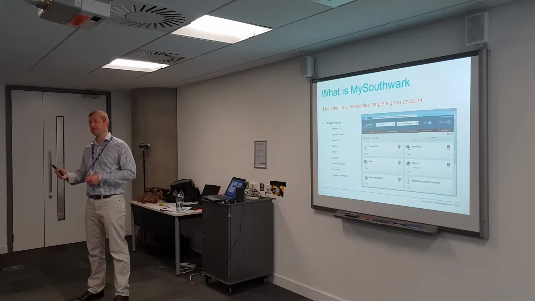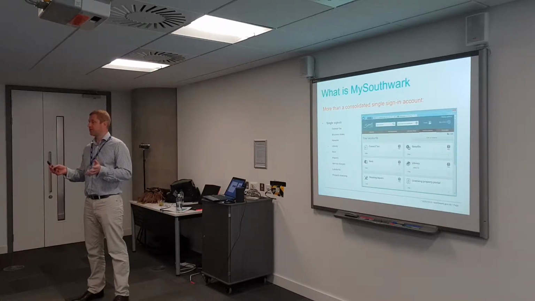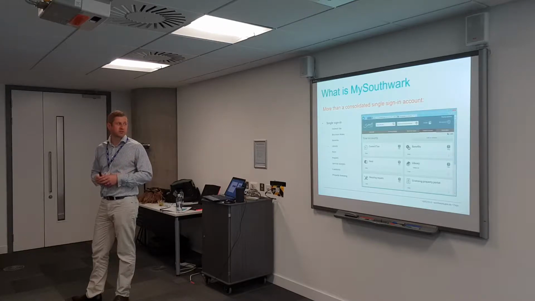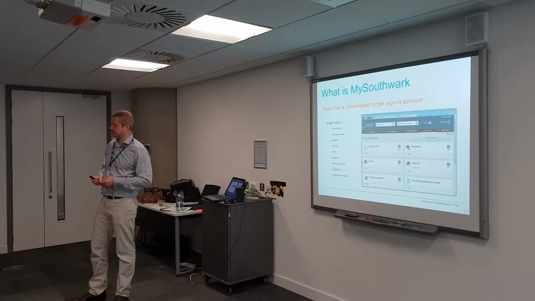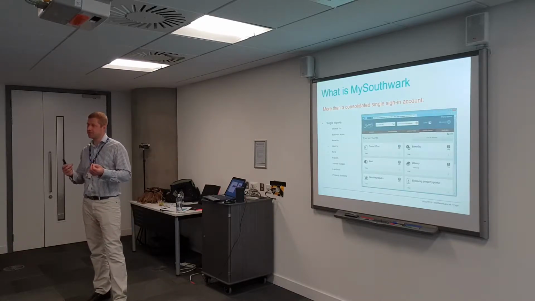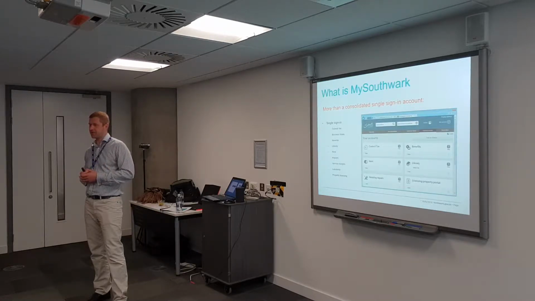So when you first sign up for a My Southwark account, it's very simple. It was really just your name and address, an email address, which was your unique identifier. And we didn't do any additional authentication at that point. At the point you need to register with a back-end system which holds personal and sensitive data, then obviously we need to step that up, as well as giving those two systems a mechanism for identifying each other and allowing through the next time without going through that process again.